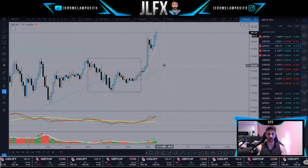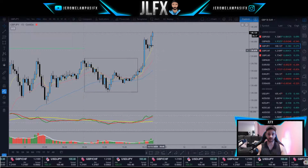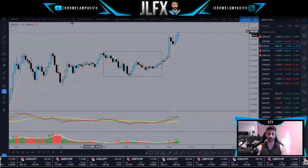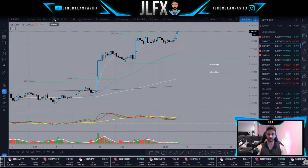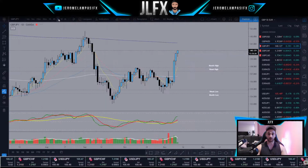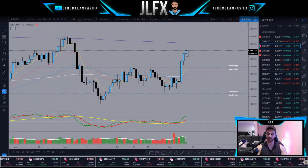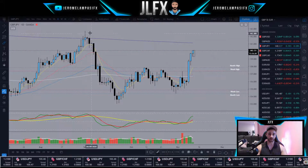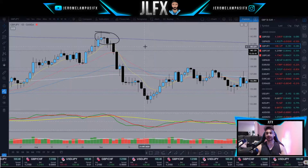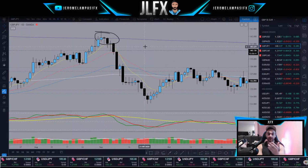GBP JPY, no ASFX entries within this yet, but we are seeing that bullish momentum continue. Once again, I'm pretty sure all the higher time frames, yeah, we're very long bias holding the 8 EMA. We are approaching the daily 800 EMA, so once again, don't just, because price comes to a significant level using an EMA moving average,